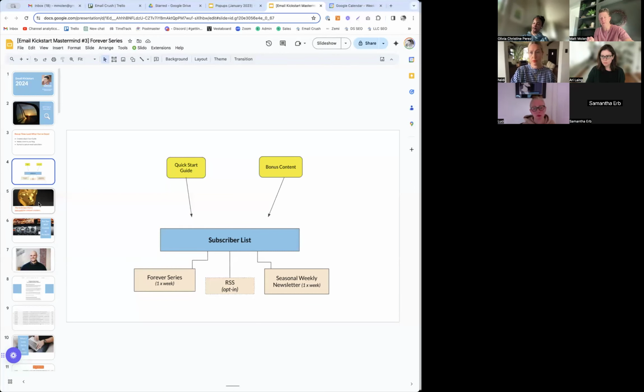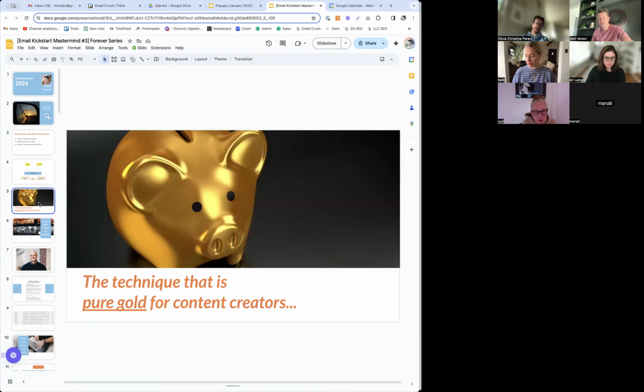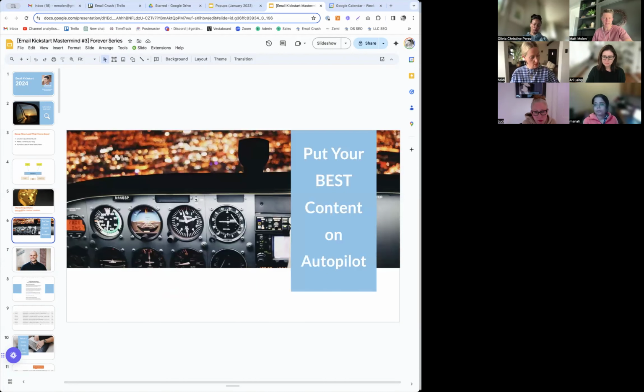This is the glory of email. And it is this technique that will allow you to put your very best content on autopilot. That's what I meant by email on autopilot. A lot of folks use that term autopilot for lots of different things. But what I meant is let's deliver your best content in the right order that makes sense. And you set it up one time and you don't have to mess with it too much.